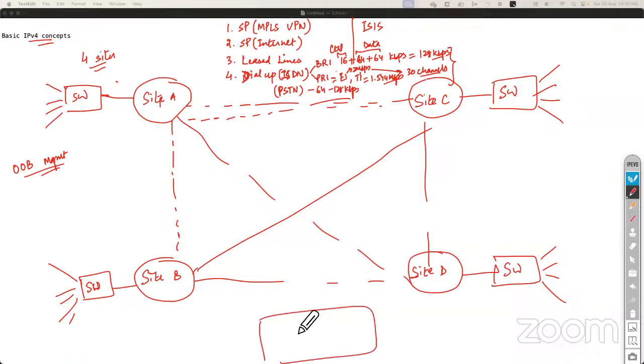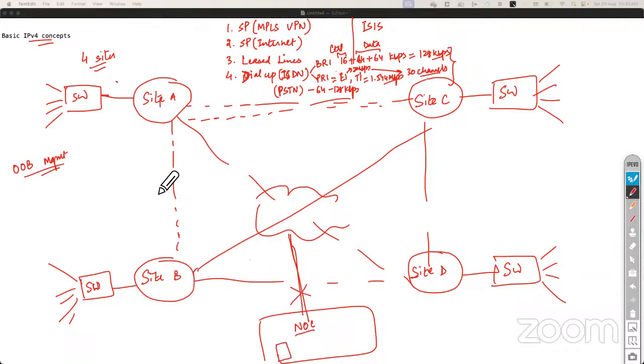Let's say I'm sitting in my NOC, Network Operations Center. From your NOC, you have, let's say this is your service provider, and you have a connection in your NOC also, in the same domain. You can reach out to all these sites. But let's say this connection is down. Does that mean your network is down? No. Your inter-site connectivity may be up,